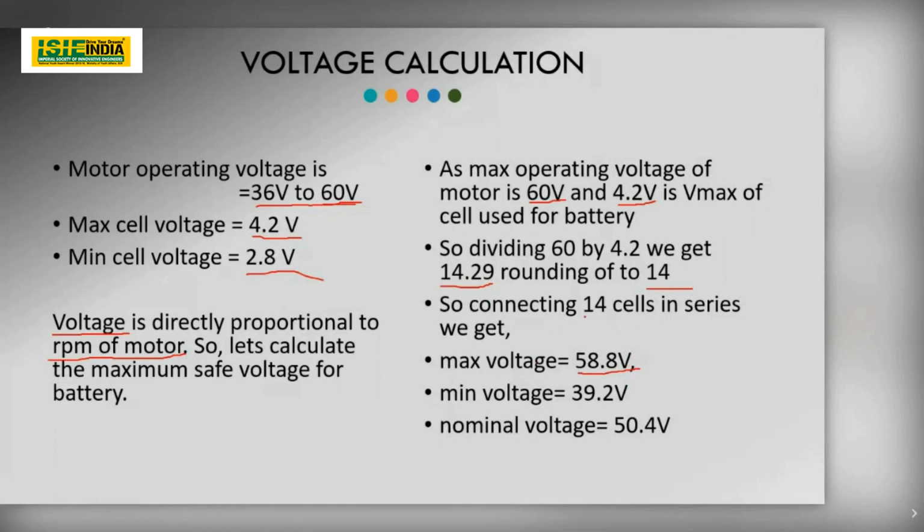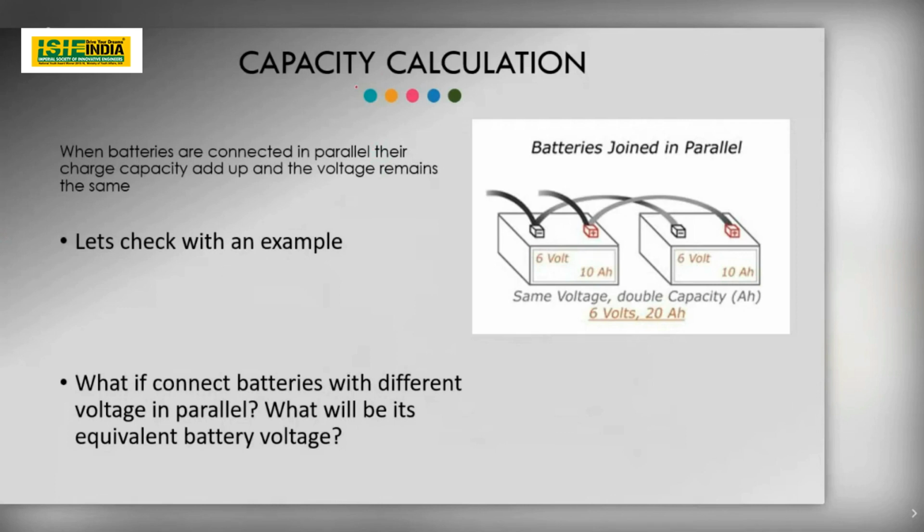So we connect 14 cells in series, which gives us a max voltage of 58.8, a minimum voltage of 39.2, and a nominal voltage of 50.4. Now you can check that the max voltage and minimum voltage are in the range of operating voltage. So now we are done with the voltage calculation and we have the number of cells in series. Now what about